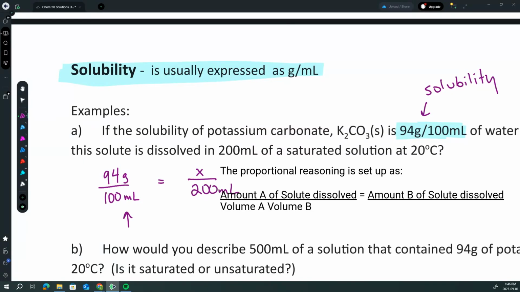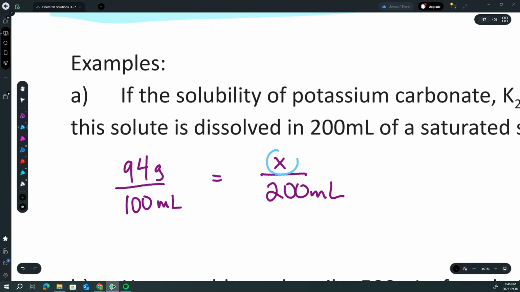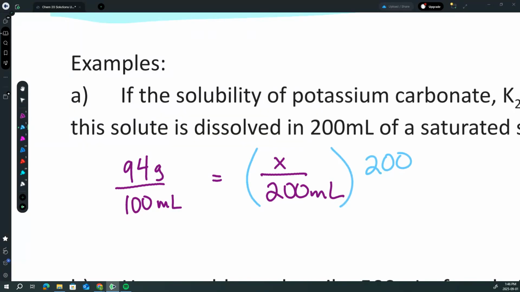Now you may be looking at the 100 milliliters and the 200 milliliters and think, oh, since the volume doubled, the amount of solute should also double, to which I would say you are correct. But if we wanted to show how to solve this algebraically, to isolate x here we'd say, okay, the 200 right now is dividing into x, so the opposite of that is going to be multiplying. So 200,